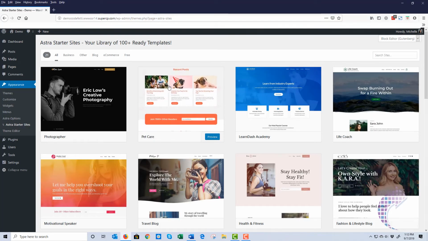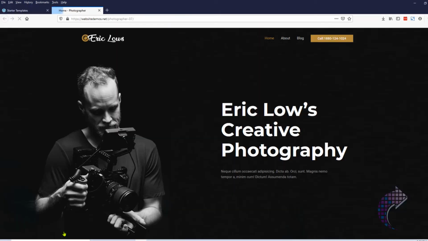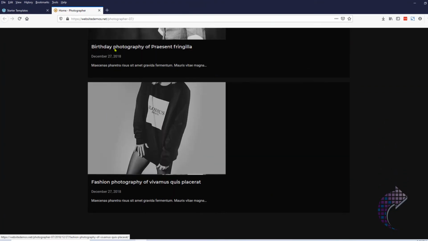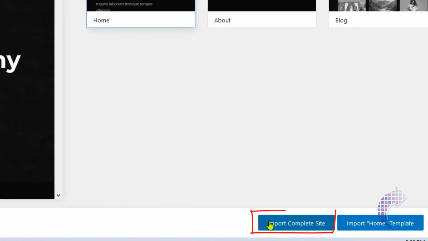Once you've decided, click on the starter site you want. At this point, you have three options. You can preview the photographer site. That'll take you to the Astra demo site. You can check it out and make sure it's what you want. Or you can import the complete site, or just import the home template. So since we want to build a complete site, I'll click the Import Complete Site button,